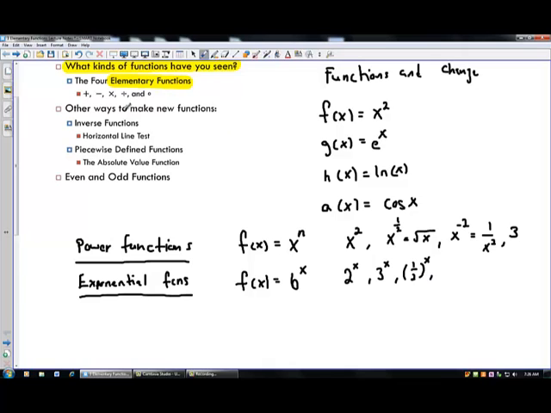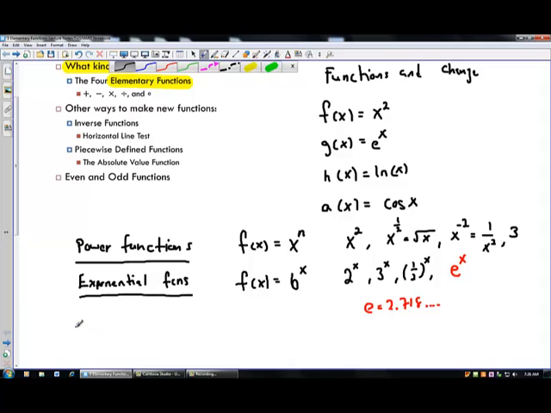For us, we're going to focus mainly on one specific type of exponential function called the natural exponential function, which is e to the x. e is this number 2.718, and so on. It's sometimes called the natural number, and we'll talk a lot about it throughout the semester. The third type of